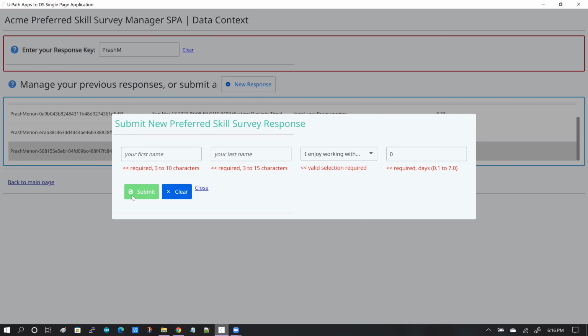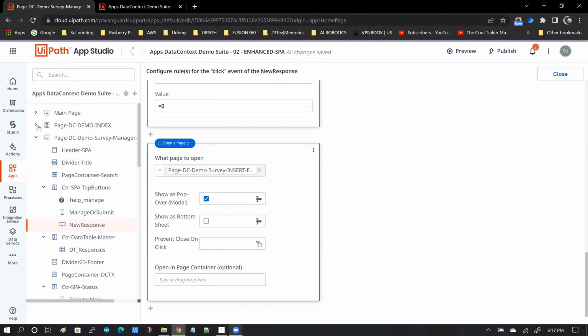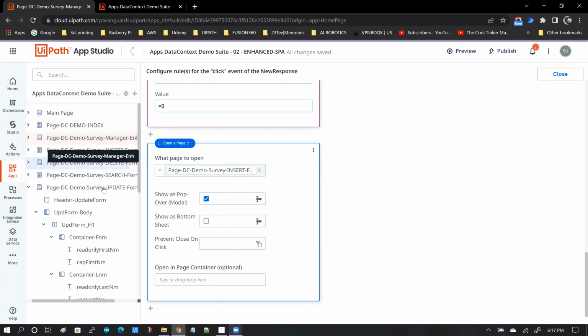Here, it can be seen that the mechanics of this form are pretty much the same as what we created in our previous videos, including the validations. One important thing to remember when we go back into the design of the create new record form, and that form is named survey insert form. So if I go into that form